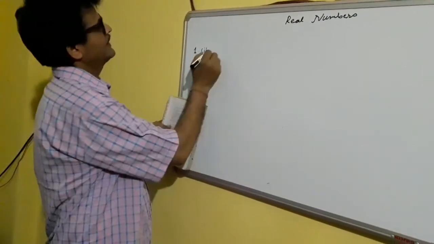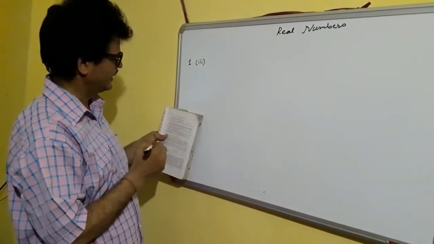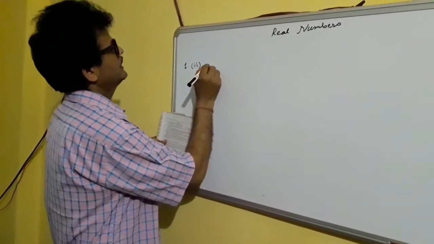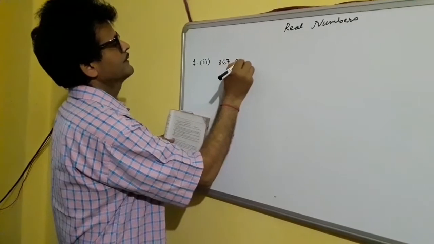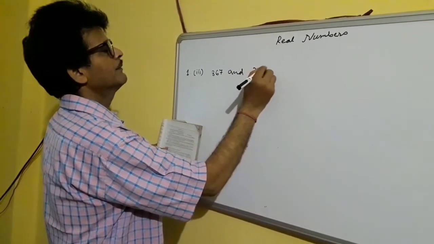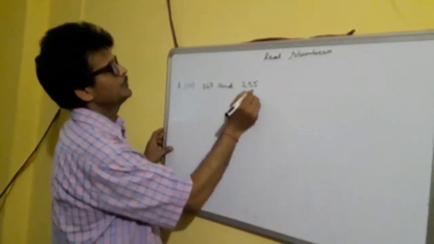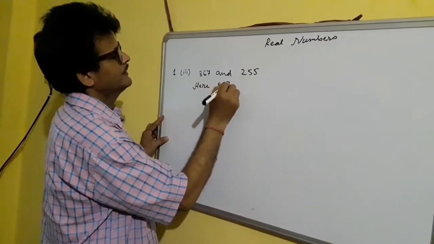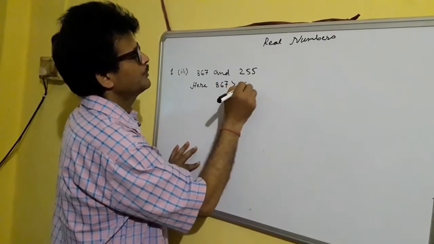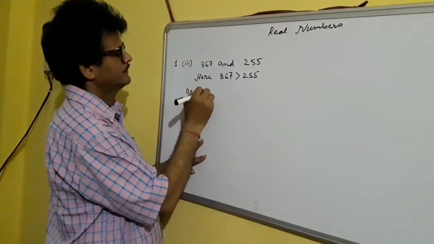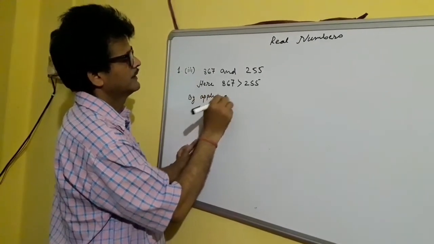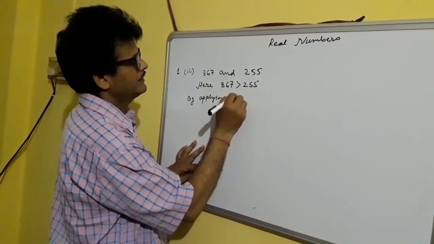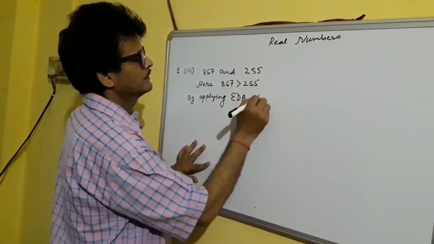Next, question number 3. The given numbers are 867 and 255. So these are the two given numbers, 867 and 255. Here 867 is greater than 255. By applying Euclid's division algorithm, we get